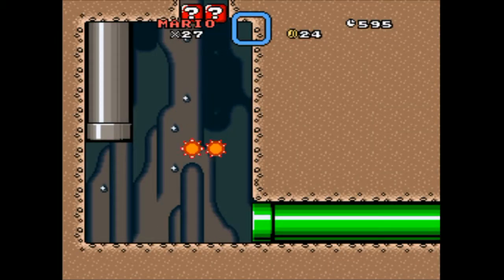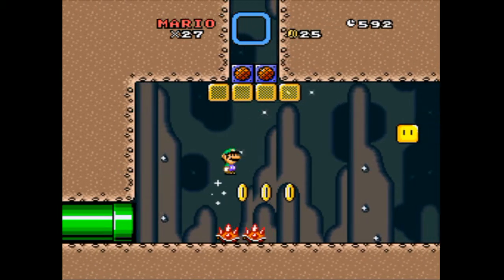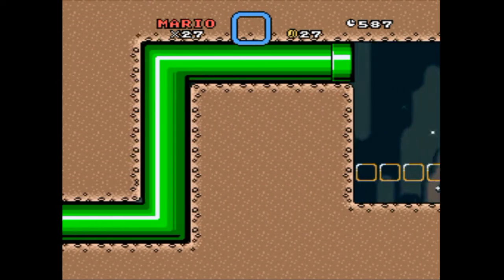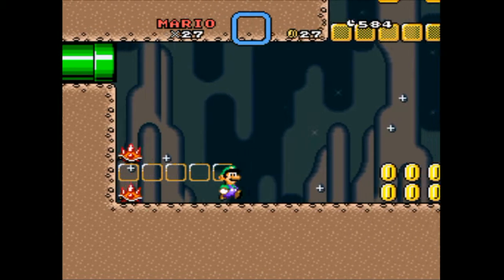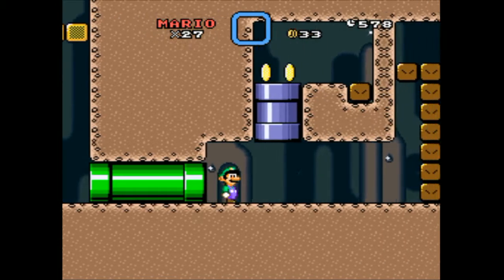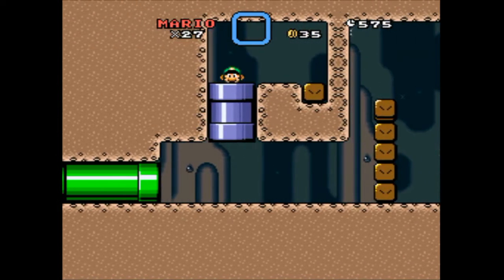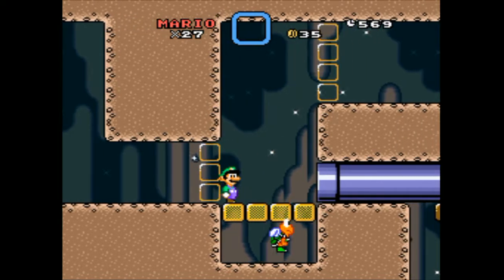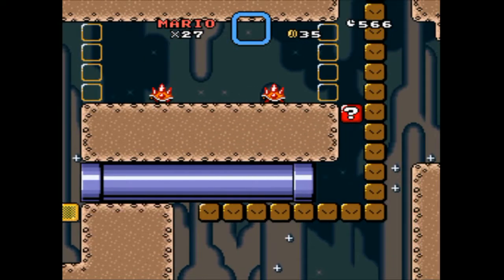I'll also point out here the Luigi sprite is actually very different than the Mario sprite for Mario World is. They did a really good job of doing a lot of cool custom sprite work that's not just reskins. I mean, it's still just aesthetic, but